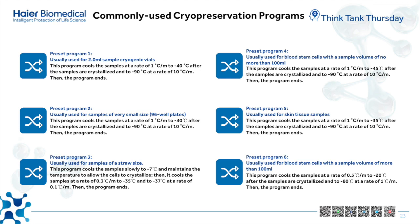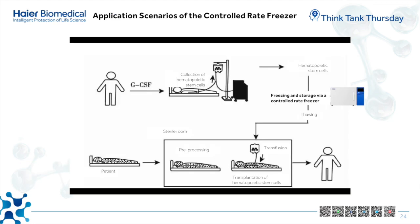of more than 100 mm. This program cools samples at a rate of 0.5 degrees per minute to minus 20 after samples are crystallized and to minus 80 at a rate of 1 degree per minute. Then the program ends. From this slide, you can see an applicable scenario of the controlled rate freezer, which